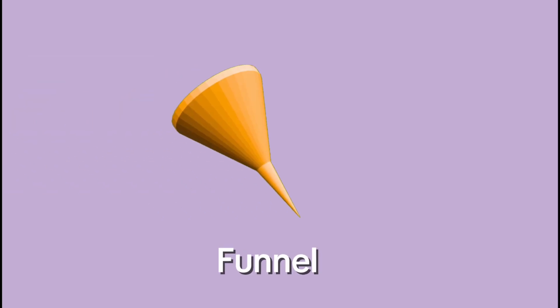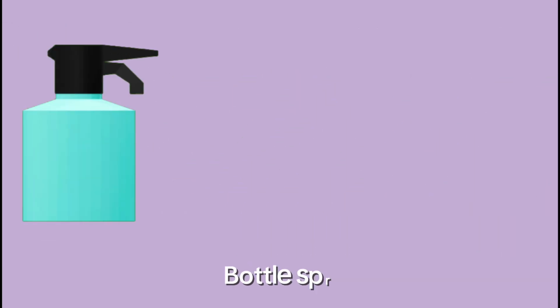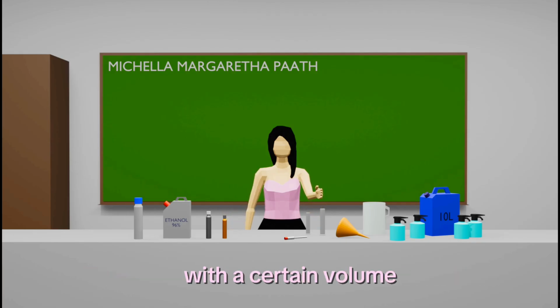The second one is a funnel. Next is a measuring glass 5-liter for the ethanol, a 250 milliliters measuring tube for hydrogen peroxide and 100 milliliters for glycerol. Next is the alcohol meter and the last is a spray bottle. To calculate the amount of hand sanitizer with a certain volume,